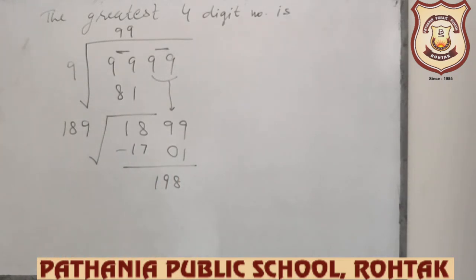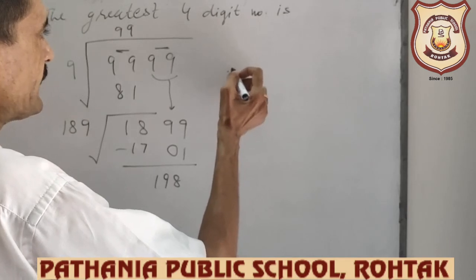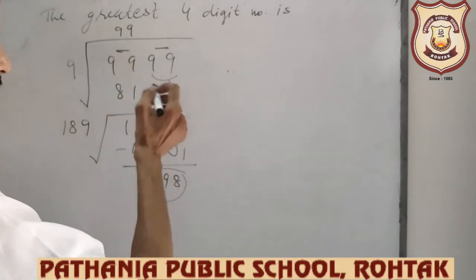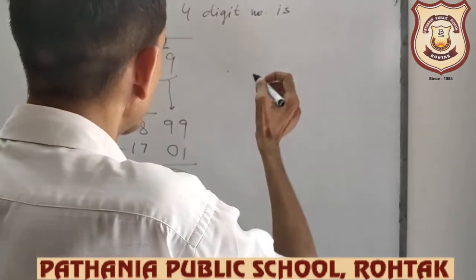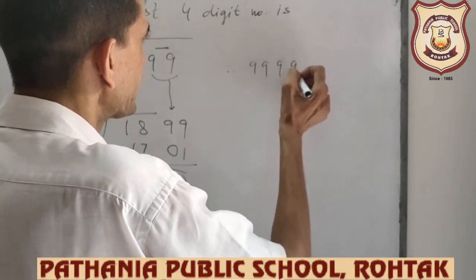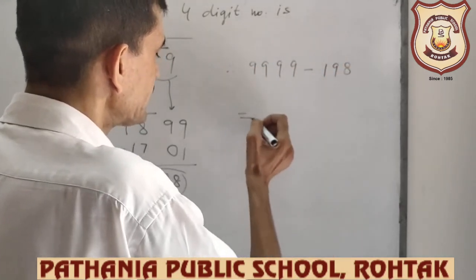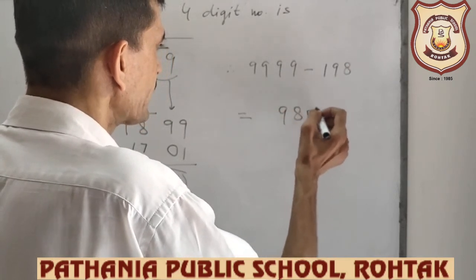198 is the remainder, because we want to find the 4-digit number which is a perfect square. So therefore if we subtract this number from 9999, then we will get a perfect square. Therefore 9999 minus 198, this is equal to what, 9801